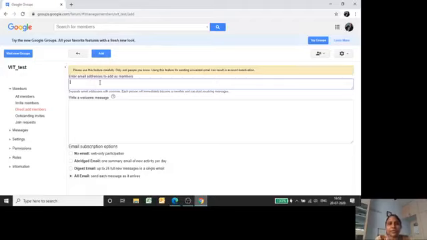Here you have to be careful: use this option only if you know the person and can add them without their permission. Otherwise, use the other option of inviting members. I will show you that option also. But if you are adding your students to this group, you don't have to ask their permission, so we can add their email addresses. Here, I am going to add my VIT Gmail ID, my email ID.